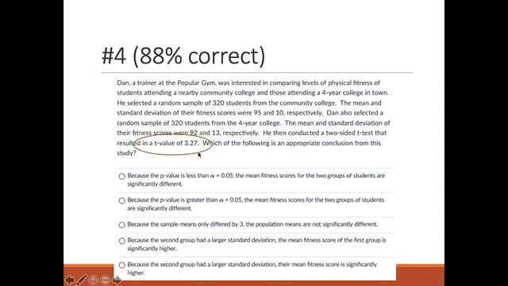So I know the p-value here is very, very low. Because of that, I can choose this option. I don't even need to calculate the p-value. I know that it's less than 5%. So I know that mean fitness scores for these two groups are going to be significantly different. And the question is, we're looking for evidence of a difference in physical fitness between